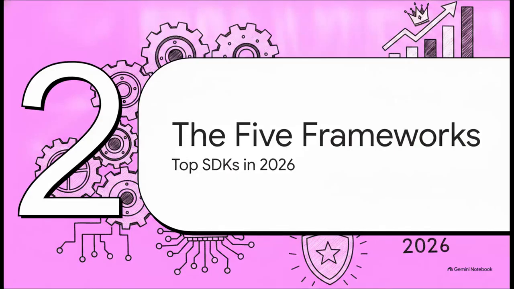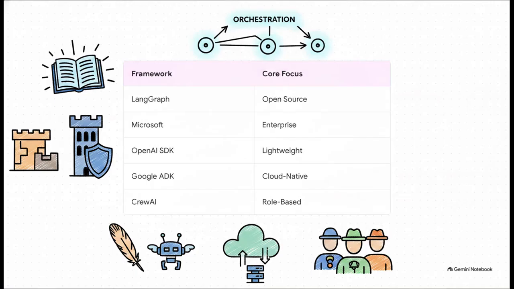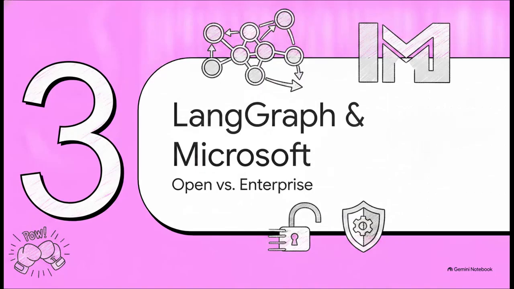All right, let's meet the 5 frameworks leading the market right now. We have 5 distinct options on the table. And notice, we are not ranking these, because each one approaches development and orchestration in a completely different way. We've got LangGraph, the Microsoft Agent Framework, the OpenAI Agents SDK, Google's SDK, and CrewAI. We're going to break these down one by one, so you can see exactly where they shine, and just as importantly, where they might introduce some unexpected friction for your project. Let's start by looking at our first 2 heavyweights, LangGraph and the Microsoft Agent Framework.